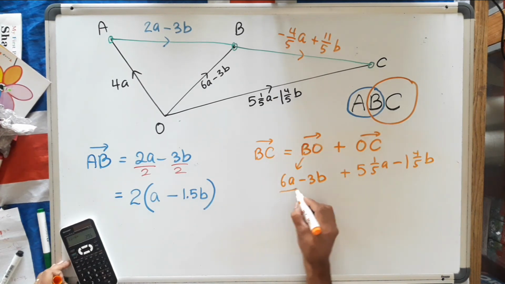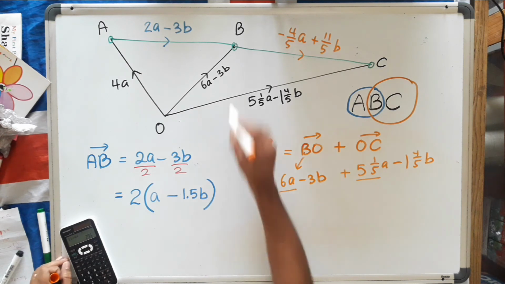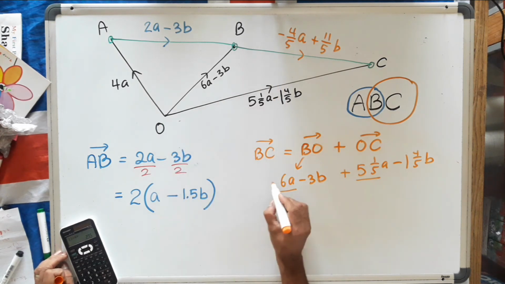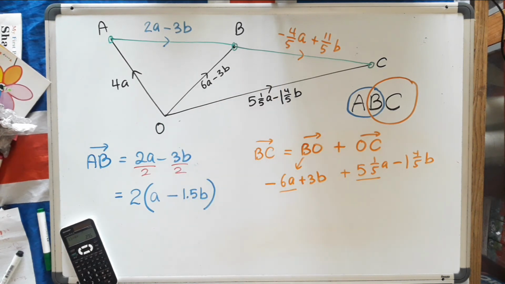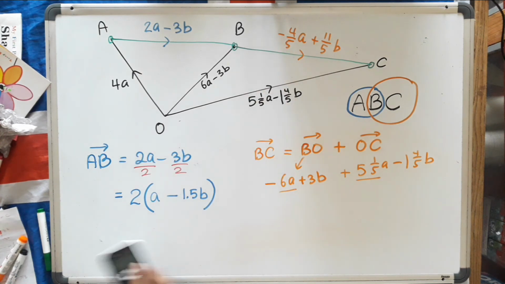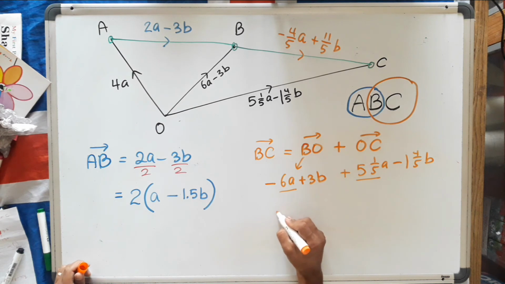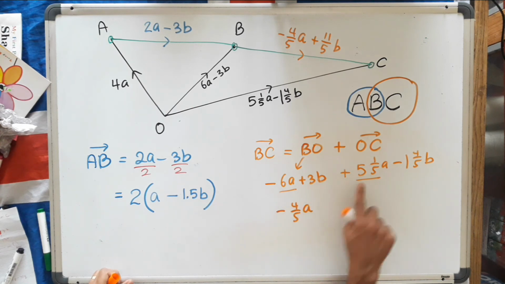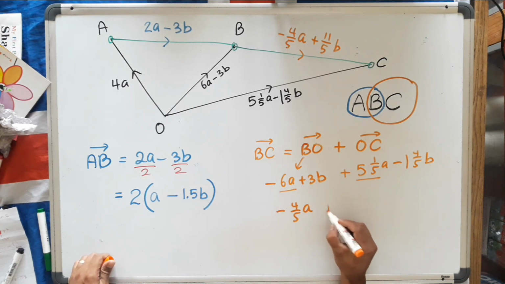Let's add this quickly. Hold on, I have to change the signs. B to O. Make this negative and make that positive, because I'm going against the arrow. So, when I add up these two, I'm going to get minus 4/5 A, minus 6A plus that. And now, 3B